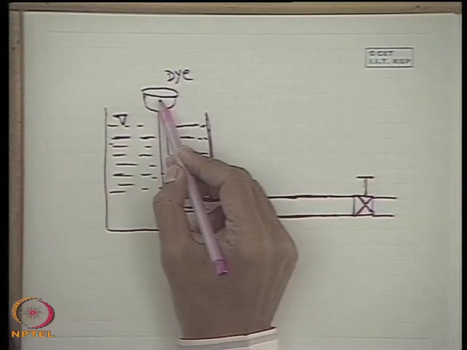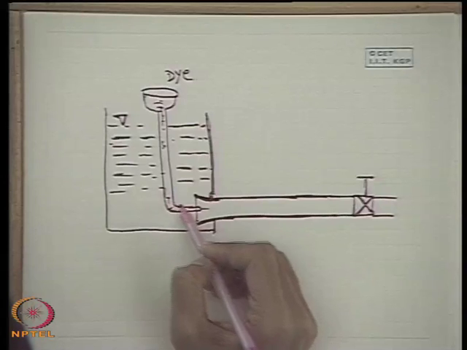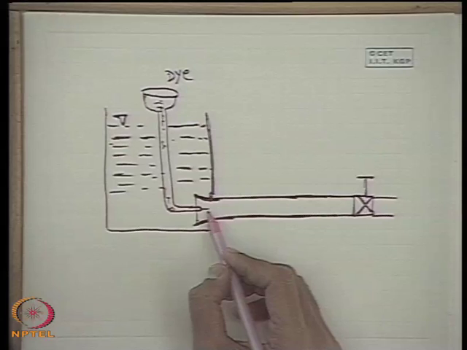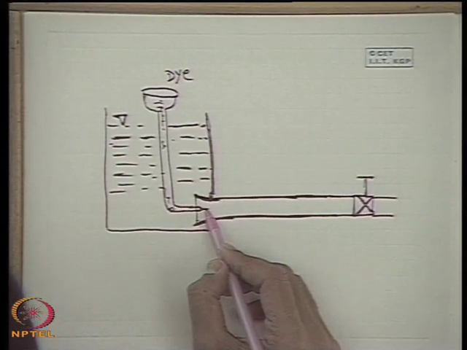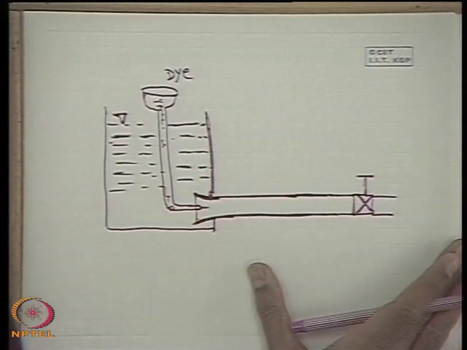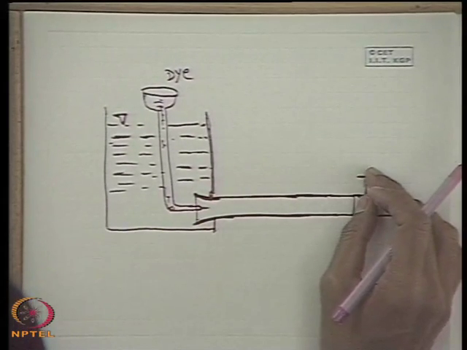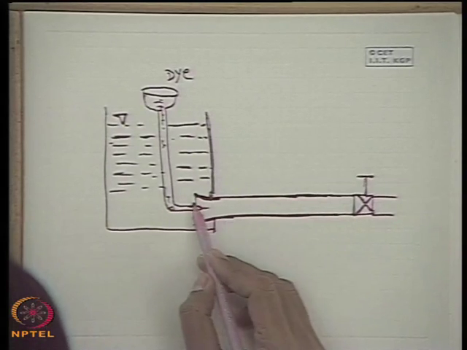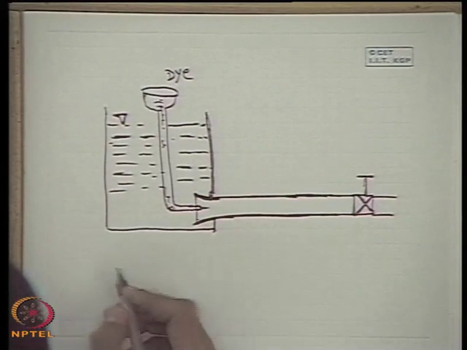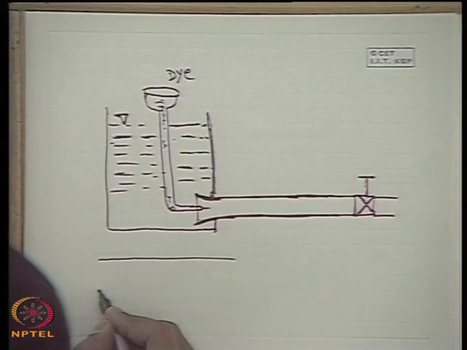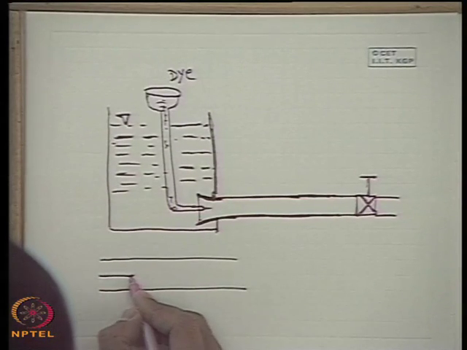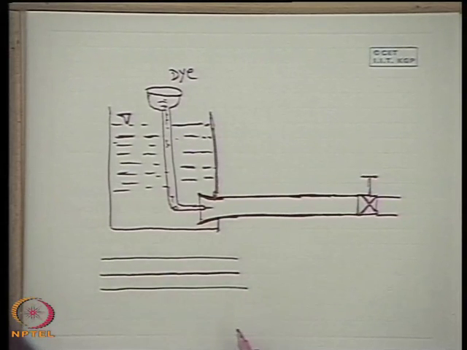Then what happened? He injected colored dye just at the center of this tube to see visually the nature of the flow, by observing the position of the colored dye in the flow. So, what was observed, as the valve was opened gradually in the region of very low flow, was that if this is the tube, the colored dye which was injected at the middle goes throughout as an unbroken colored thread.